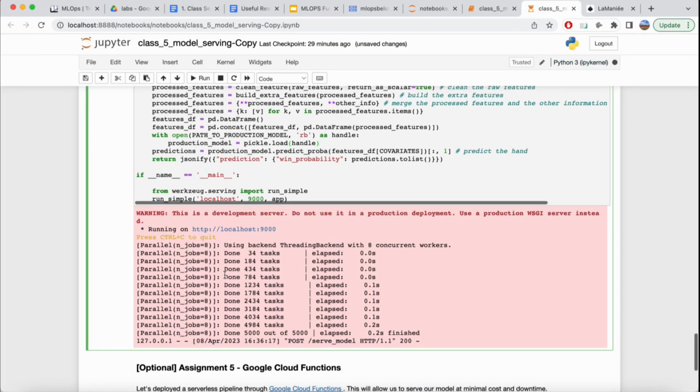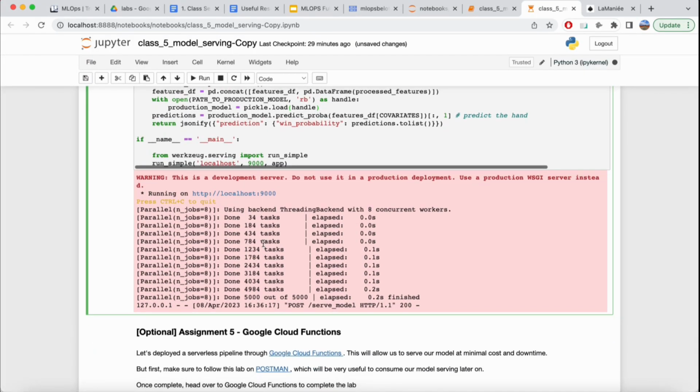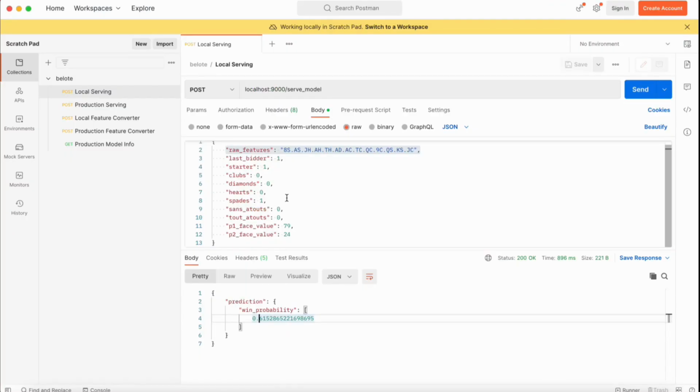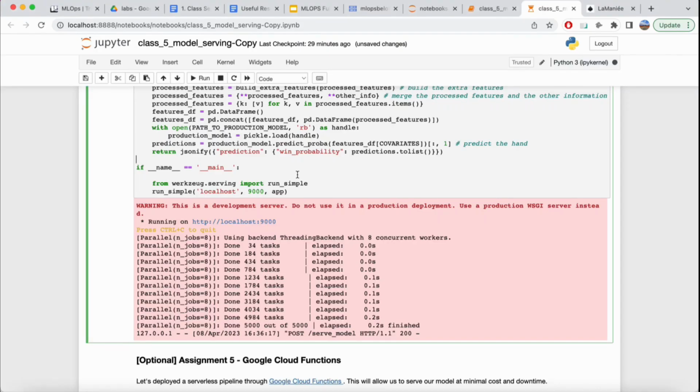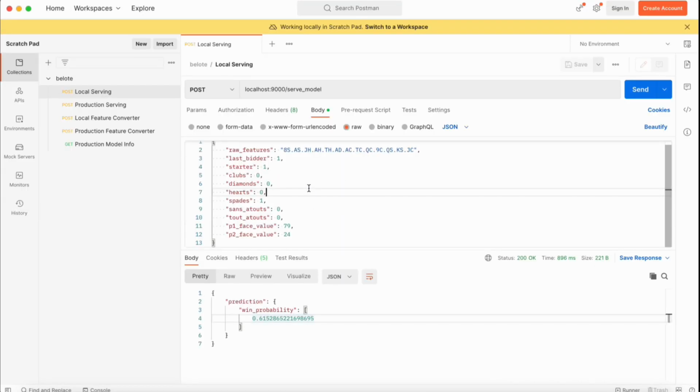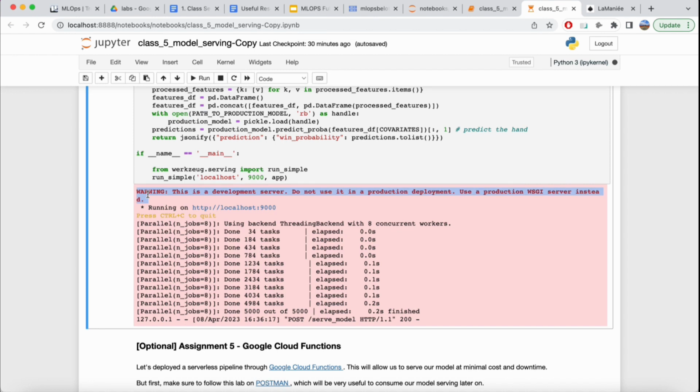We have created a system where an API allows us to access some predictions from a model. And it doesn't seem like much maybe to you guys, but this is already a huge way through having this working in production. Because now the only thing that we need is for everybody to be able to access this API. And right now, as I mentioned earlier, the problem is that I am the only one able to access this API, because I am the only one serving this API in my local host. No one else can really